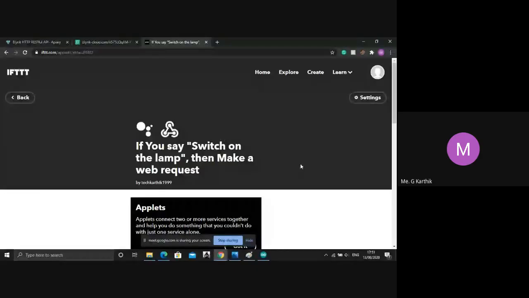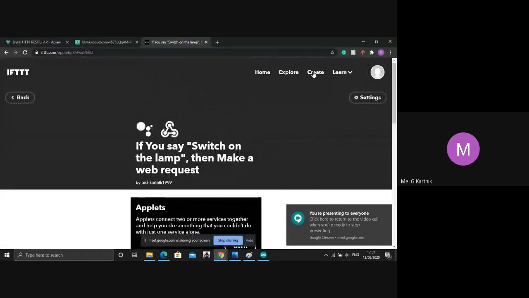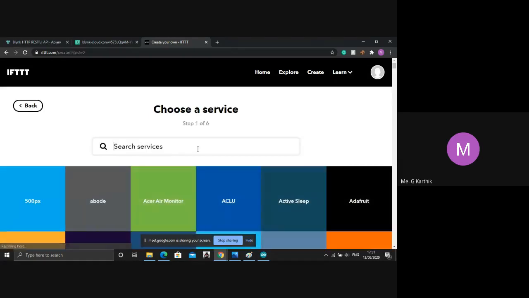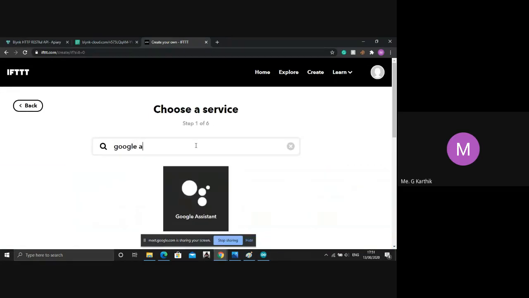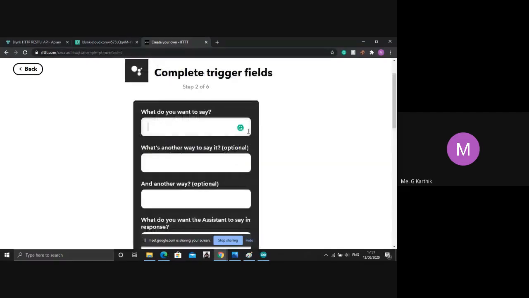I'll go to IFTTT and I'll make another applet. I need to go to create again, and go to Google Assistant. Click on Google Assistant and say a simple phrase, and what you want to say.